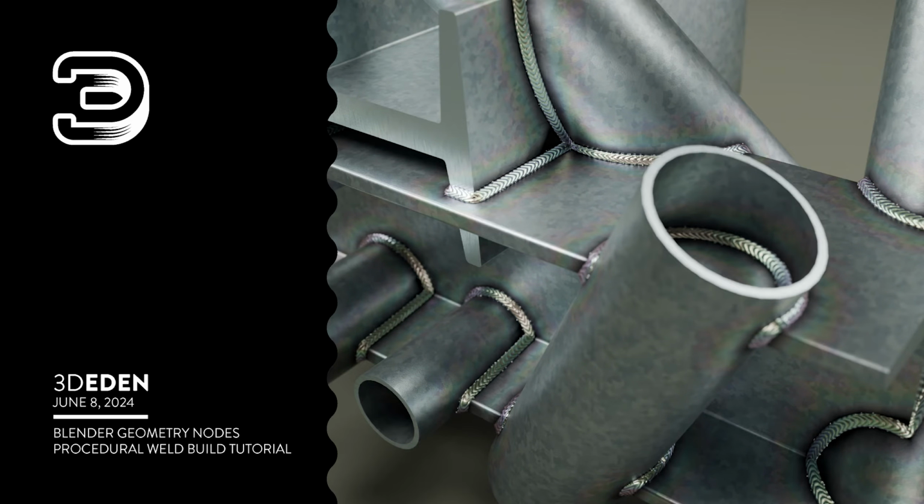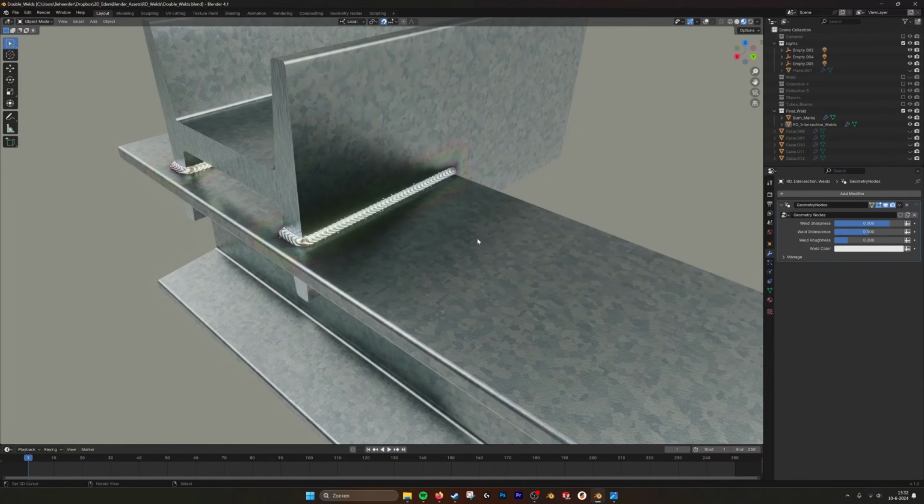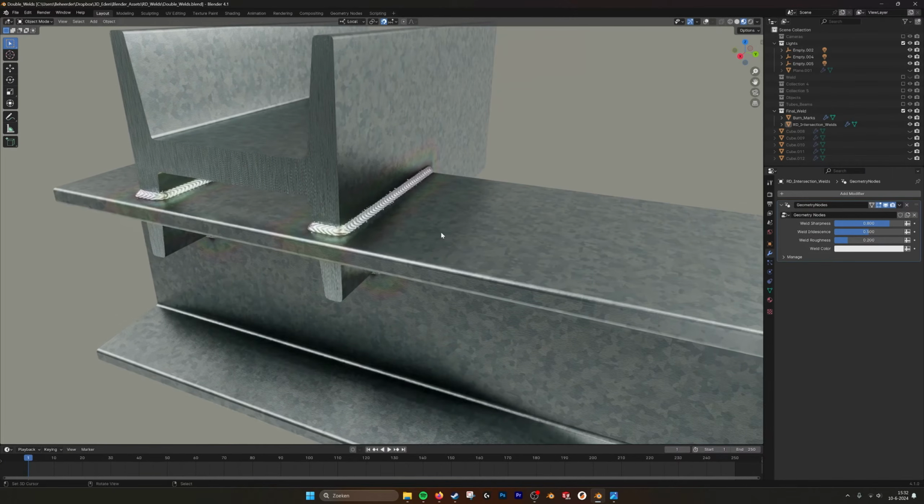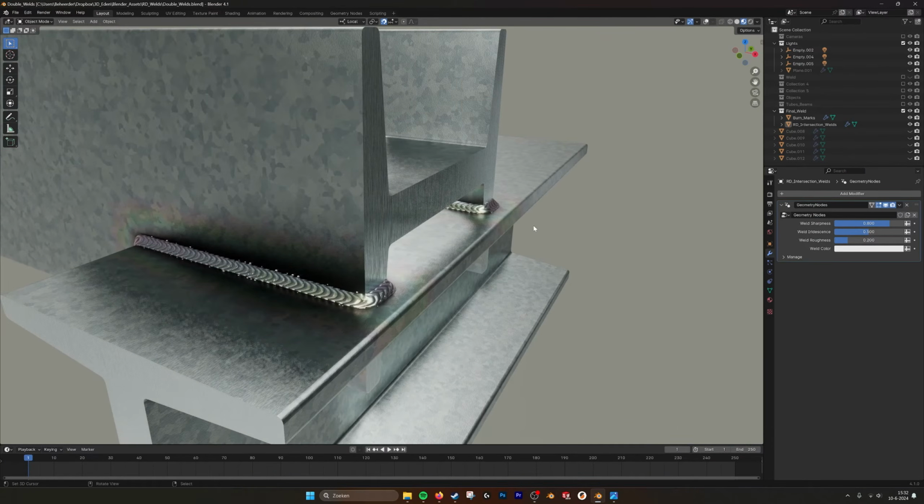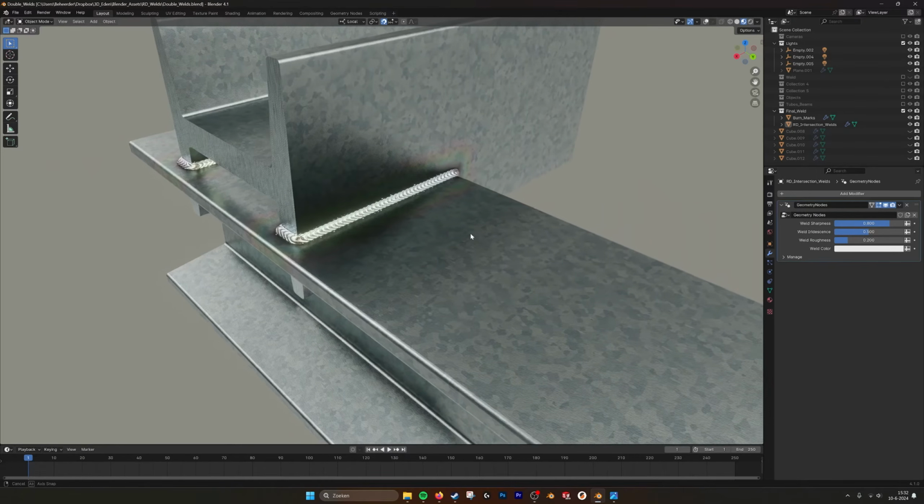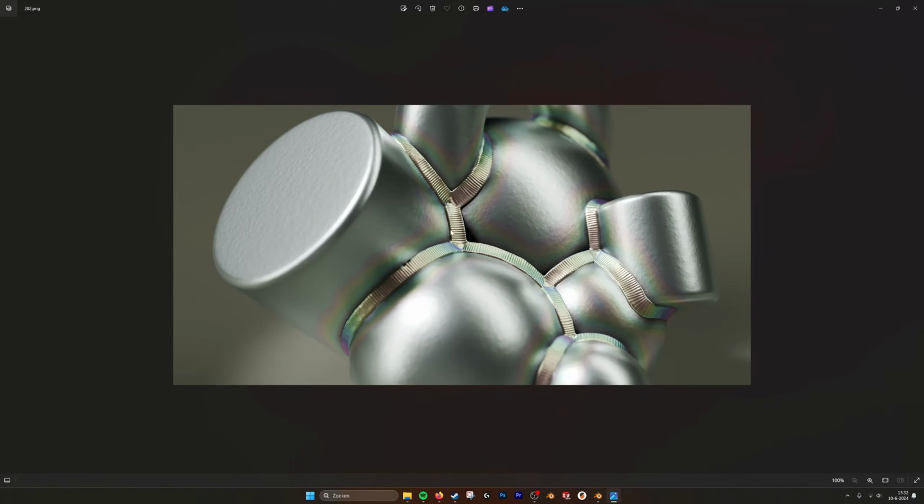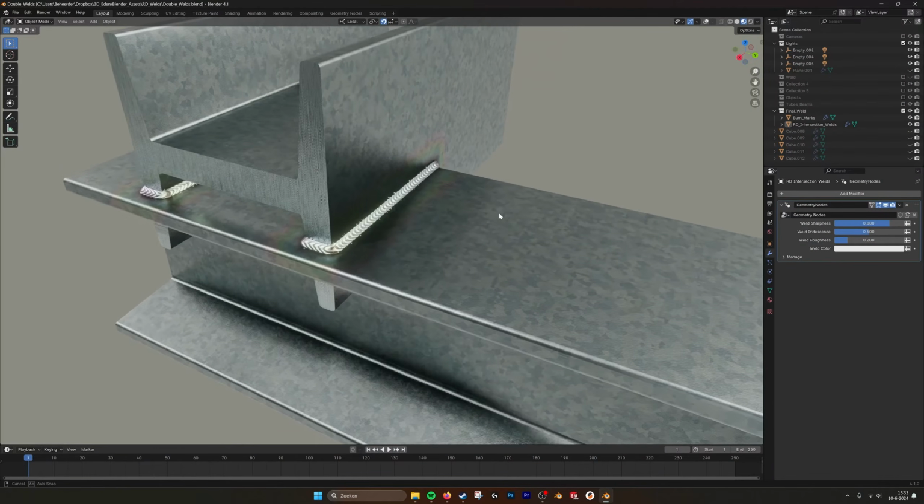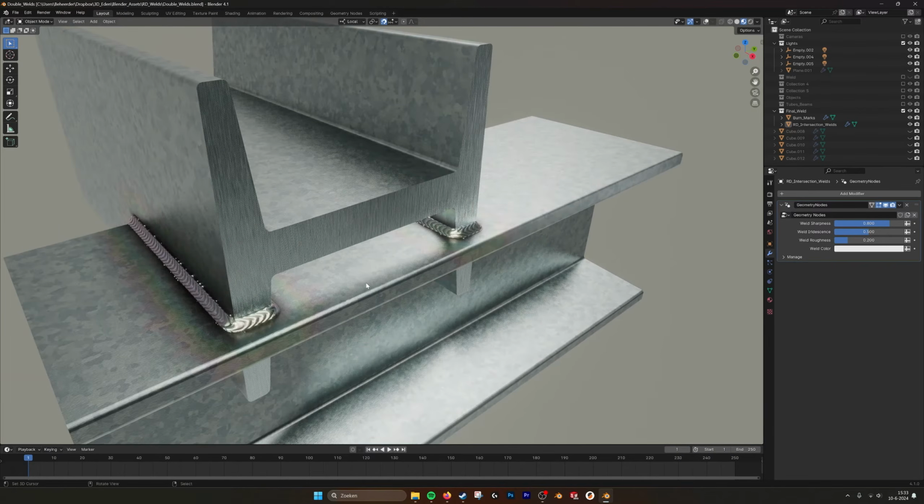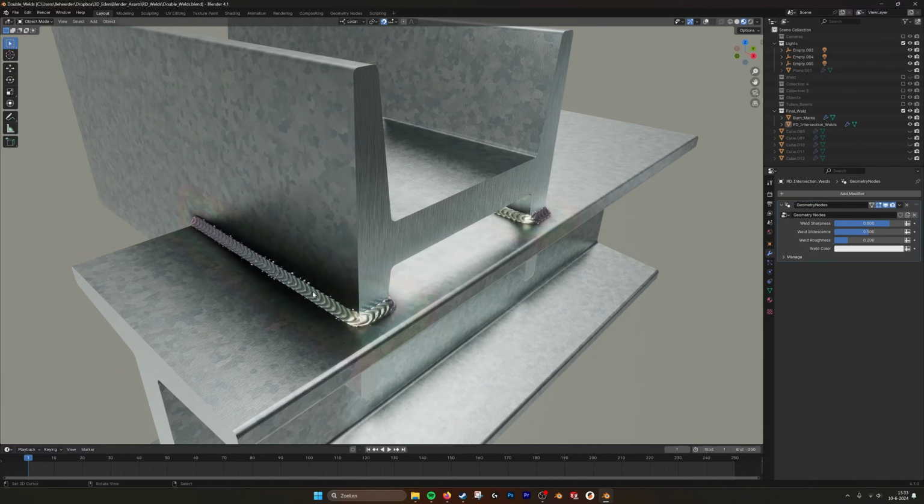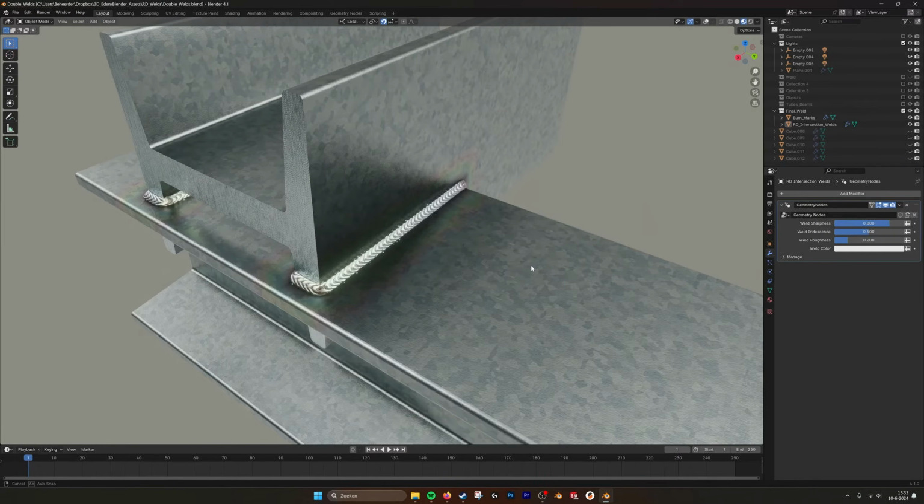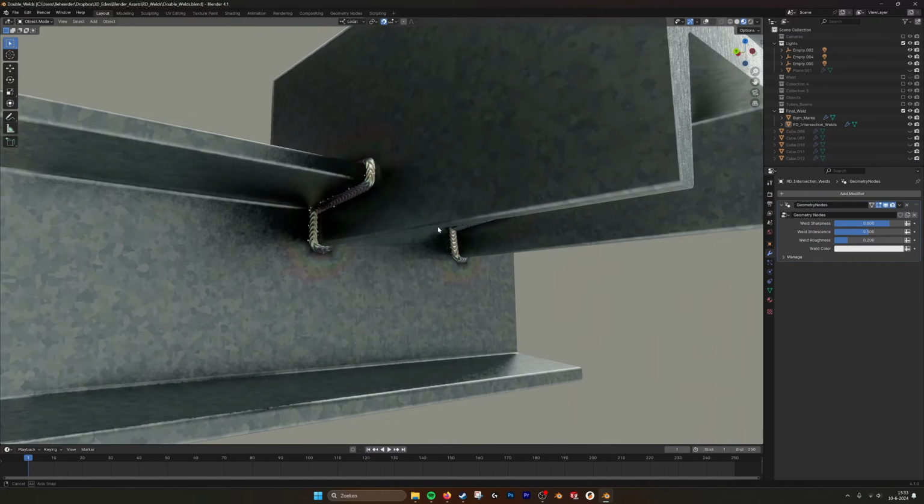Hey, hello there. This is going to be a build tutorial for a procedural intersection weld, as you can see here. In a previous tutorial I spoke about another one that I did. This was the latest one, but I couldn't get the UV mapping quite right on the seams, so it didn't look right yet. But now I think this is a big improvement, because now you can really see the individual dots that are being laid down when you weld, and it's a lot more detailed and a lot more accurate